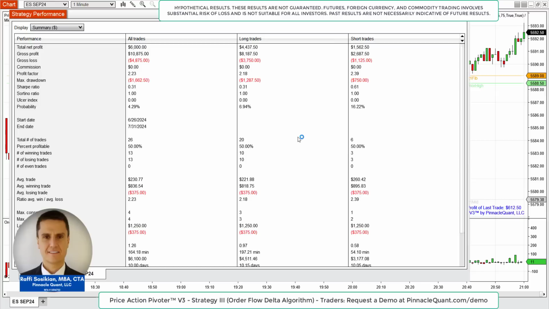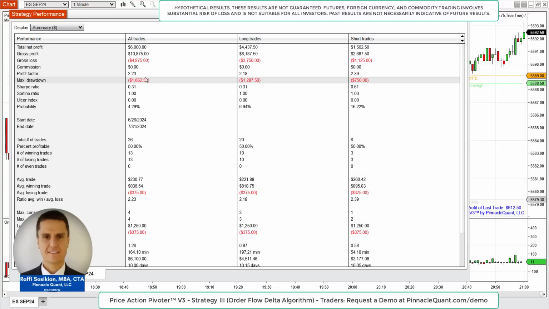It is not going to execute the stop sooner. It's going to wait until it gets to $650 or more upon the close of the bar. And if that doesn't happen, then the trailing stop does not execute. So you have fewer trades here, 26 trades. The total net profit, though, is higher at $6,000. However, the max drawdown is also higher at